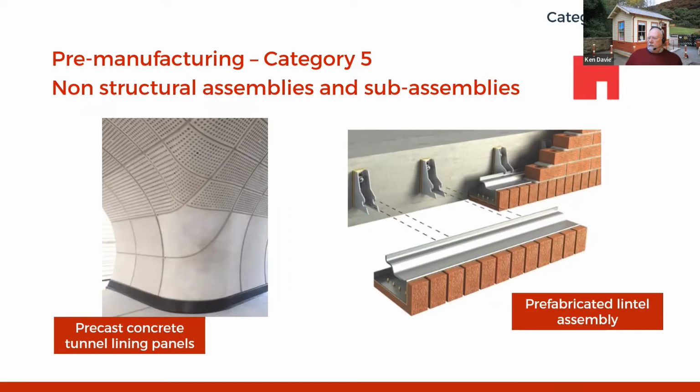Obviously, the left-hand image here is tunnel linings from Crossrail. So I could foresee that being used, say, in pedestrian underpasses and things like that, where there's obviously a requirement for a good quality, robust finish, which can't be defaced. You might be able to spray on it, but at least it's robust. And then again, is the detailing around some of the structures.